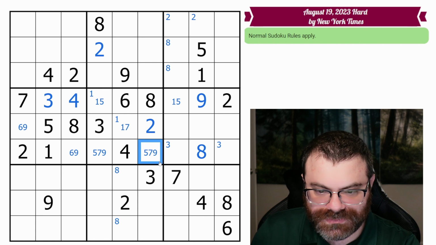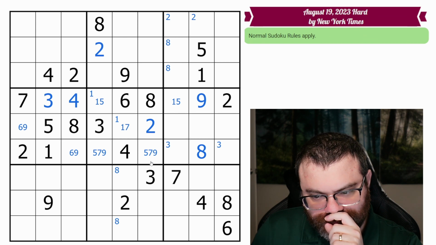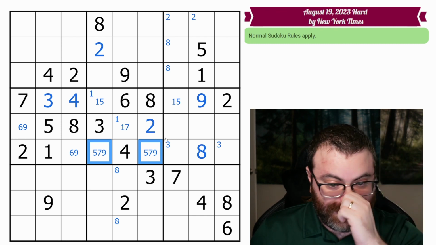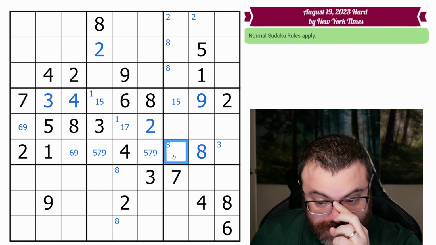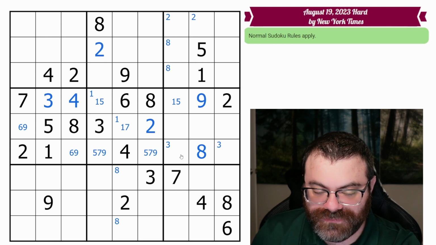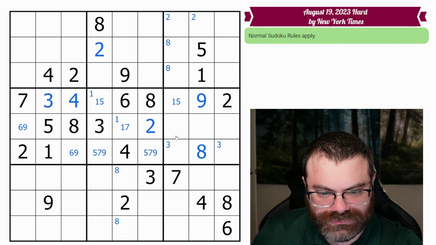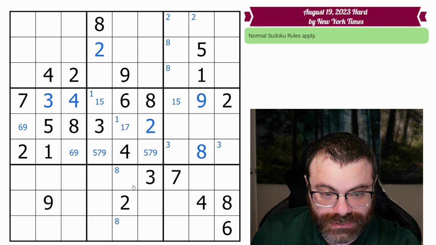So we know 1's in one of these 2. I was wondering about 6 in this row because I saw these can't be 6. But unfortunately, this can be 6. This one can't. This one sees here, but we have 2 places for 6. So these are 5, 6, 7, 9. Oh, 3, 5, 6, 7, 9 is what these are. All right, I'm not sure that I'm going to get anything else from here, so let's move on. It feels like I should, but